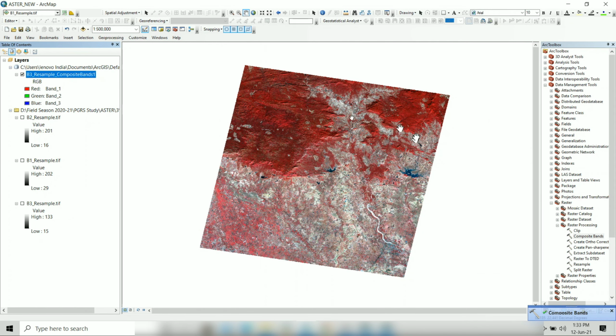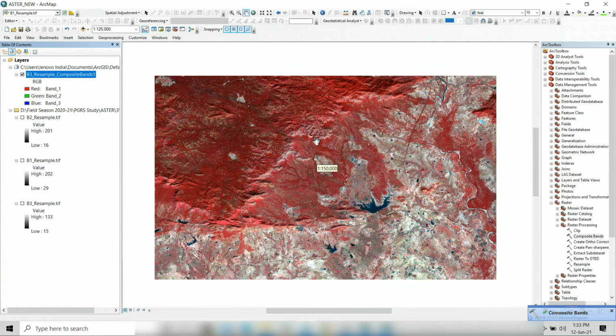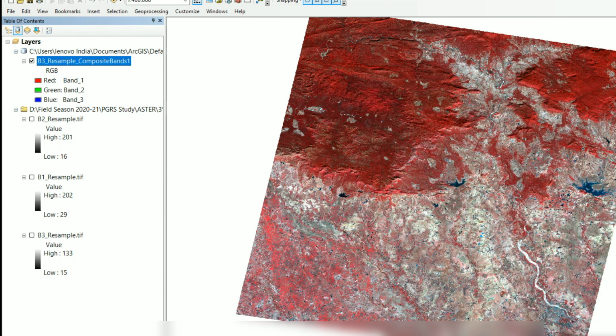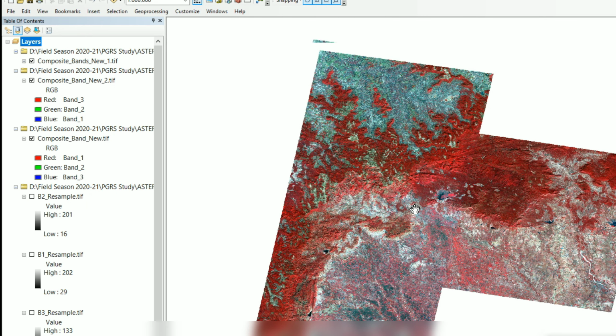And here you can see the false color composite has been done for this specific sheet. The same procedure has to be followed for different sheets. For example, in my area of interest, I have done it for 3 sheets.